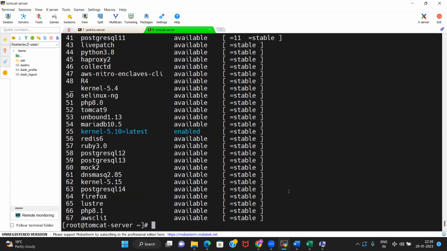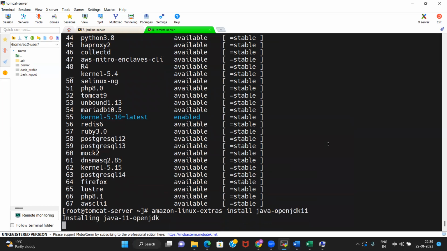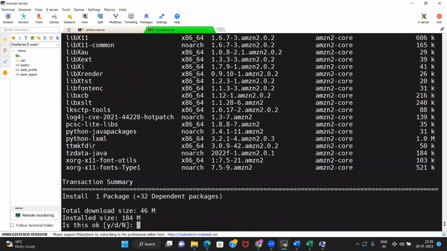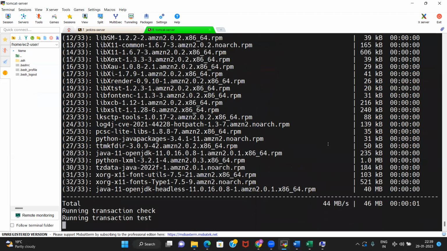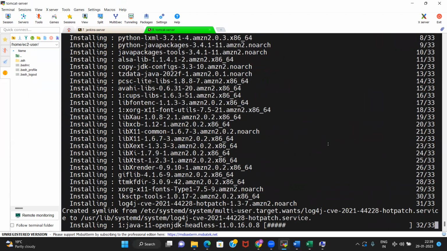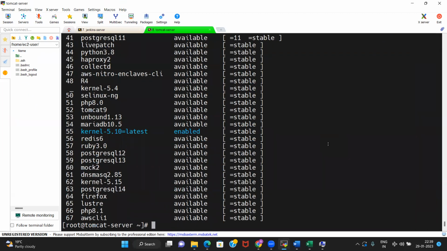So just copy it, and then type amazon-linux-extras install, and then this step. That's it. This way, the Java will be set up. Okay, Java setup is done.